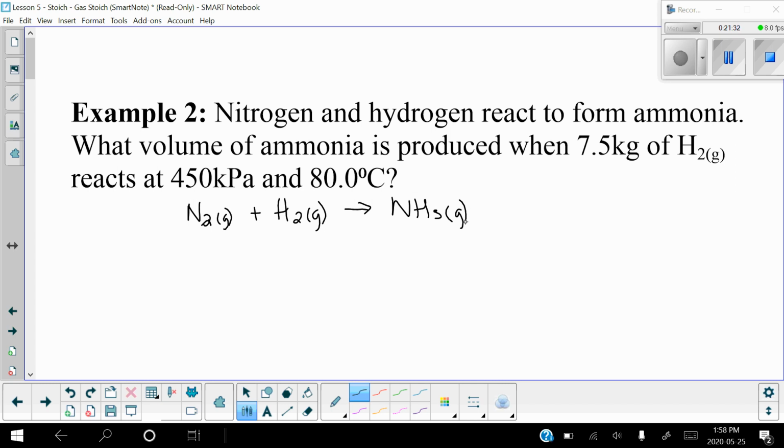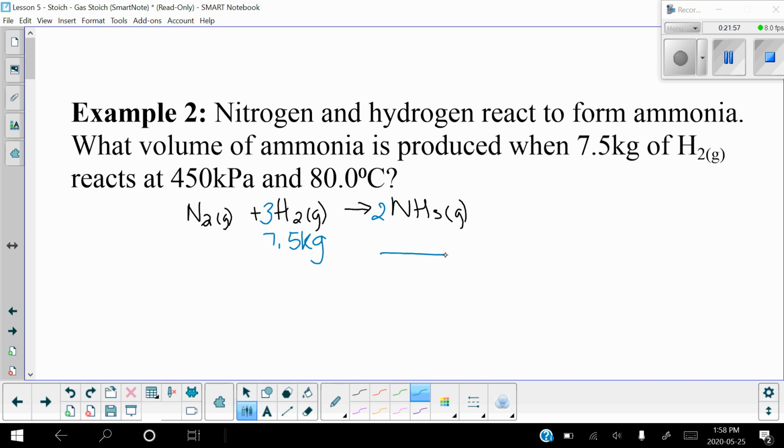Second step that I've been forgetting, balance. 3, 2, yep, that's balanced. Next step is to list your known and your unknown. 7.5 kilograms, that's a lot of hydrogen. And we want to see how much